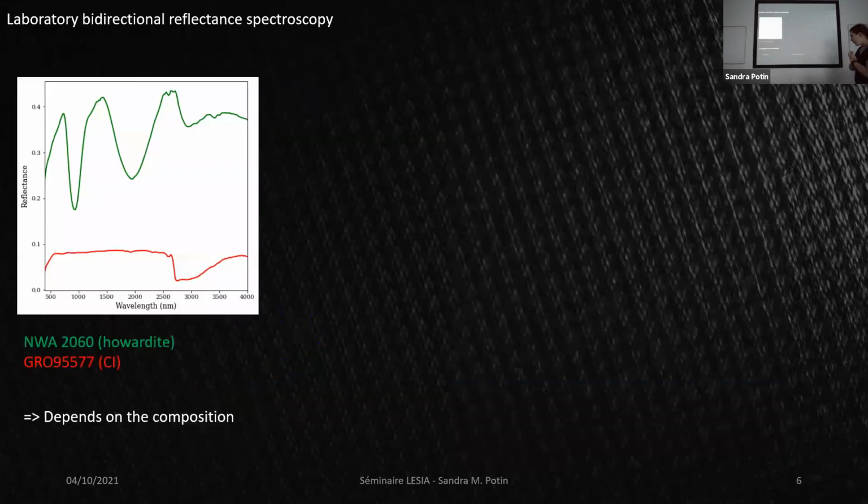Typically, when we have two different reflectance spectra, that means that we have two different surfaces. You can see here on these two spectra, you have one spectra of a meteorite, the Allende, a carbonaceous chondrite. You see the spectra are drastically different. We have here several absorption bands, a slope that is quite strong, a high amount of reflectance. And for this meteorite here, we have a very low amount of reflectance, around 9%. It's rather flat. We have a big absorption band here. We have two different spectra. We have two different compositions.